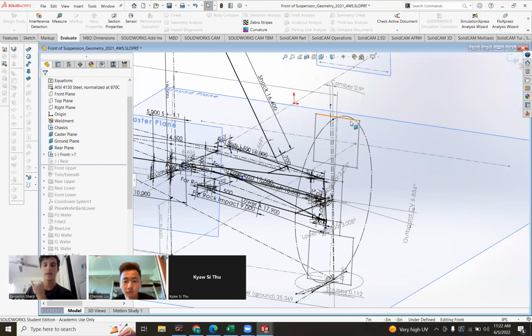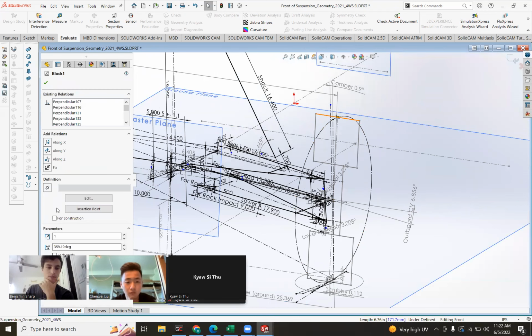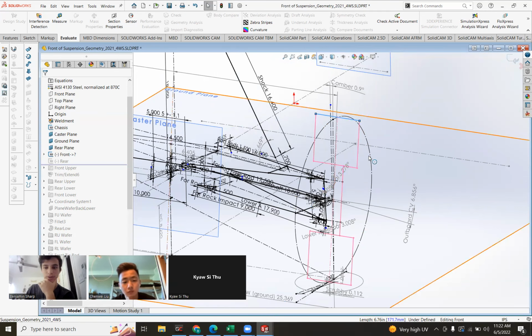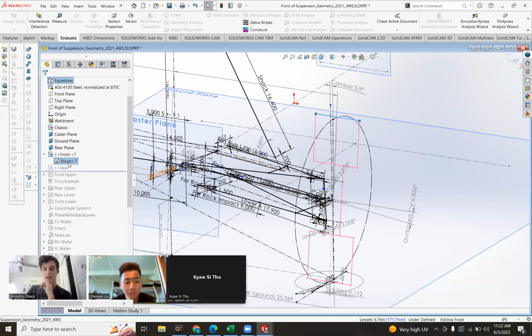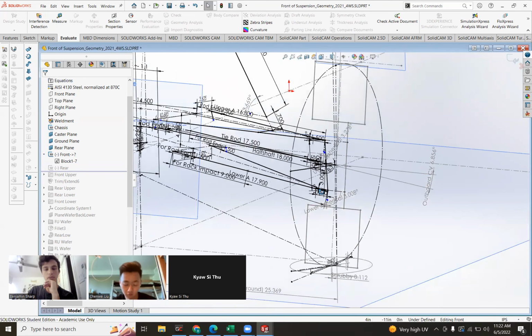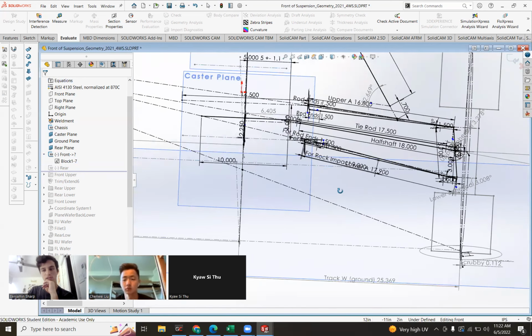Oh, well, I guess the wheel kind of comes from this, but this is a sketch block right here, the wheel, called block 1-7. And you can just copy paste this into other drawings. So you don't have to design this, this is done. Okay, so from all of this stuff,